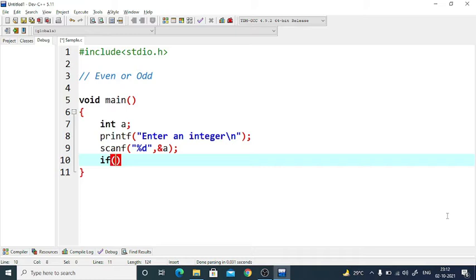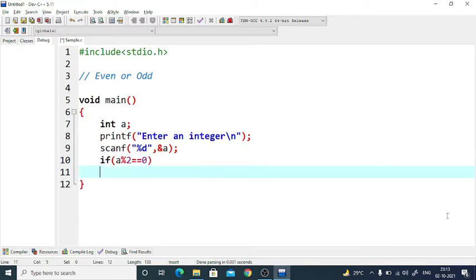If a mod 2, generally we call it modulus or mod, if a mod 2 is equal to 0, then it is very clear that the given integer is even. So I will say %d is even.